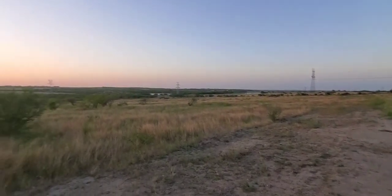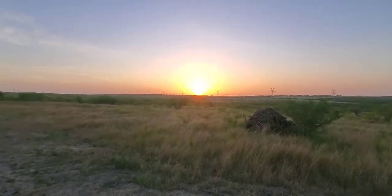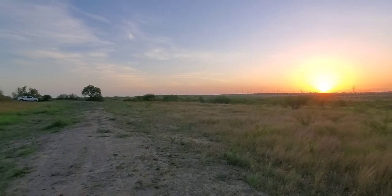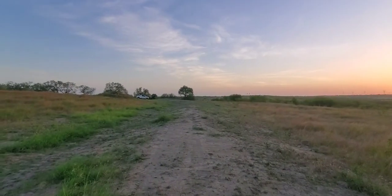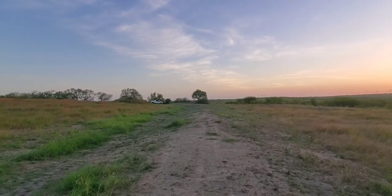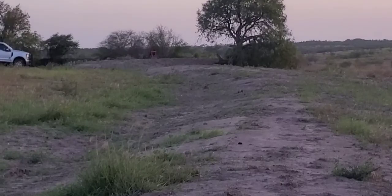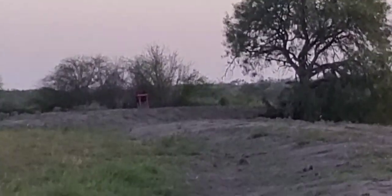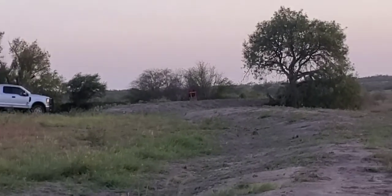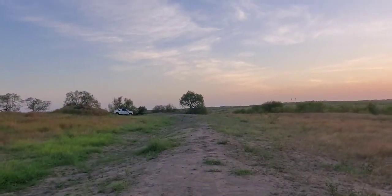So I'm out here at the ranch. Sun's going down, beautiful sunset. We have 400 acres out here in South Texas. Trying to give you an idea how far away where I'm shooting from is. It's right there. There's my truck. But any day outside